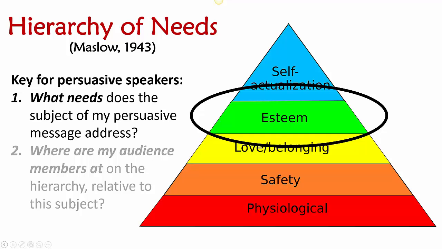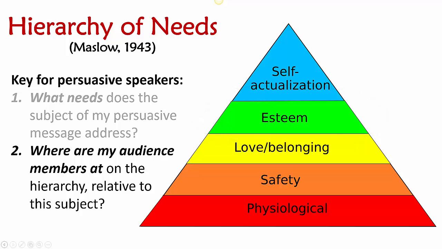Now, at the same time, we can't forget, we also have to think about the second point. Where are my audience members at on the hierarchy relative to this subject? So for instance, if I know that my audience has particular concerns with regard to economic security, well, that tells me on the one hand that I can make the links between working for a campaign and being able to address those issues